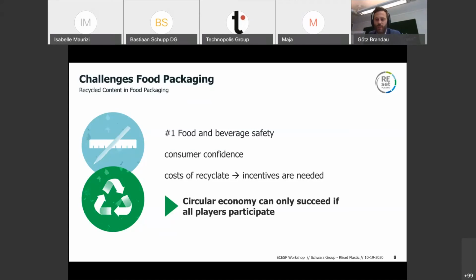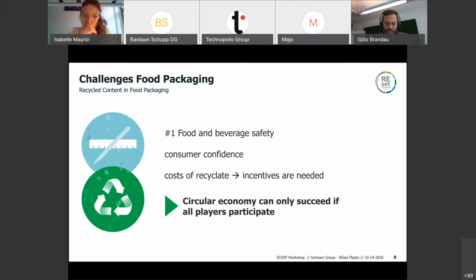We don't separate food and non-food packaging at the source when we're collecting it. So we have a mix of materials there. Of course, we could go and lower the thresholds to make more material somewhat suitable for use in food packaging applications. But that would be completely unacceptable to consumers because we would be compromising safety for circularity.